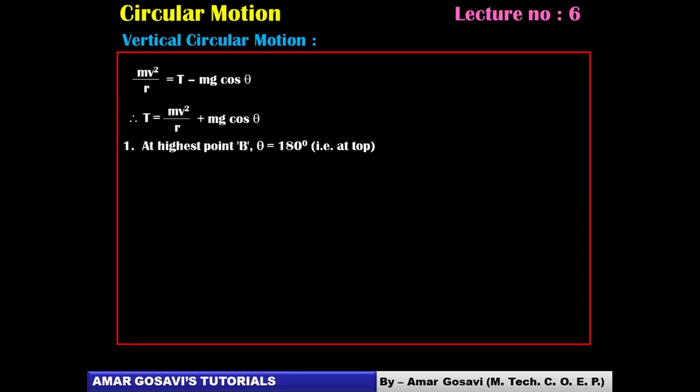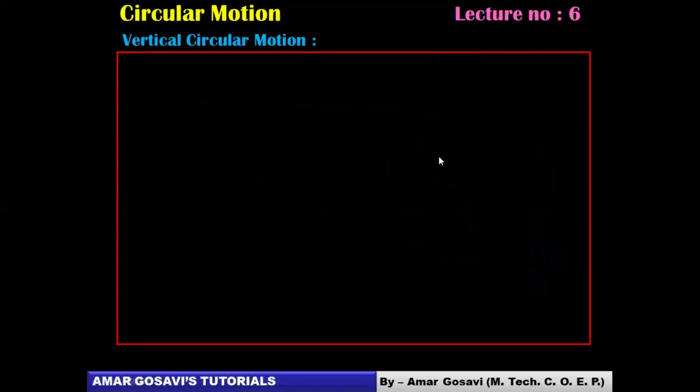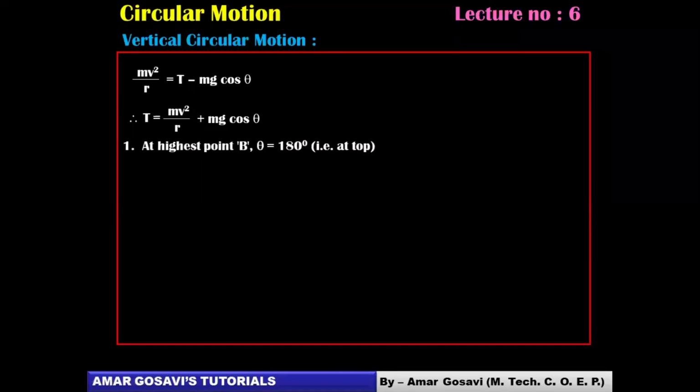If you observe the previous diagram, what is the value of theta if you talk about the highest point? Concentrate. What can be this angle theta if you move to the highest point, friends? When you move to the highest point, this theta will be 180. So we are substituting the value of theta as 180 at the top. The equation at the highest point for the tension would become TH equal to mv square by r plus mg cos